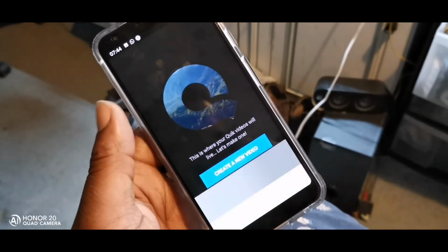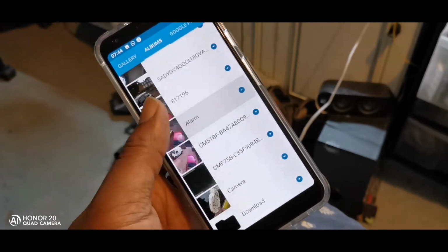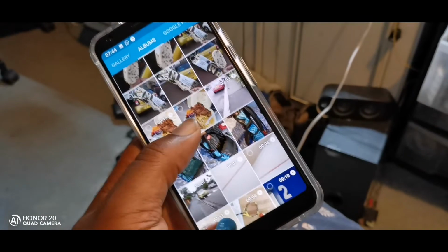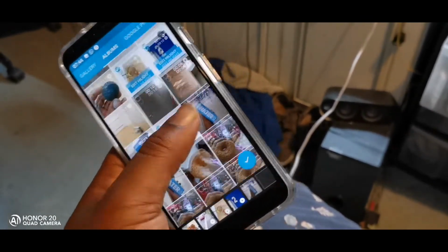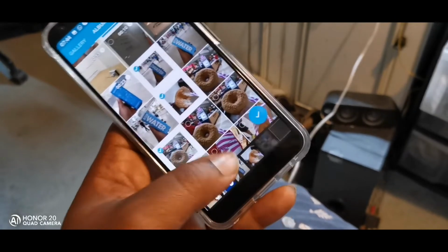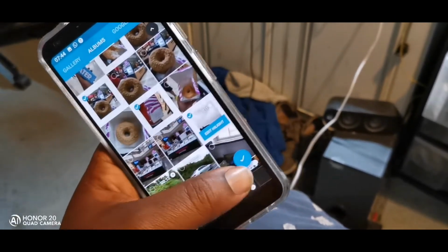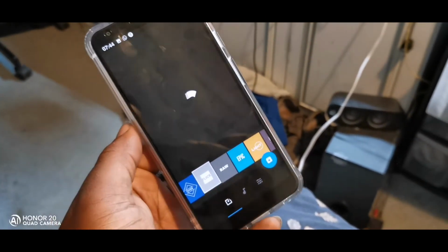However, with this quick editing app, you can literally edit for free, and as the name suggests, edit very quickly as well. So you can quickly add a couple of videos and stuff that you want to add. And what it does is it makes kind of like a highlight reel. It's usually supposed to be used with GoPro videos from your GoPro device. But if I just show you this,